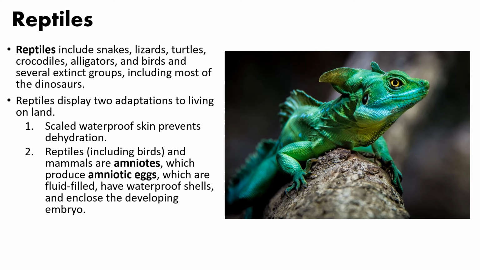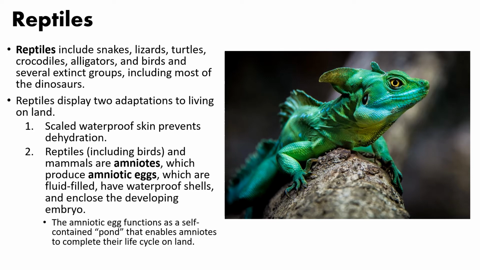So when you think of an amniotic egg, think of a chicken egg. That is going to have this harder shell on the outside that's going to prevent dehydration. Okay, so inside it's going to have the nutrition that's needed for the development of an embryo, and then it's ready to hatch. The amniotic egg, you can think of it as acting as a self-contained pond. So it maintains the correct water level, and it's going to enable these organisms to complete the embryonic